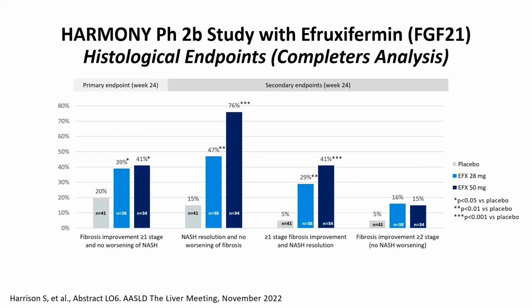15% had regression of fibrosis by 2 stages or more, which is really remarkable if this holds, because you can go from a phase 3 to a phase 1 in 6 months after being treated with the efruxifermin.